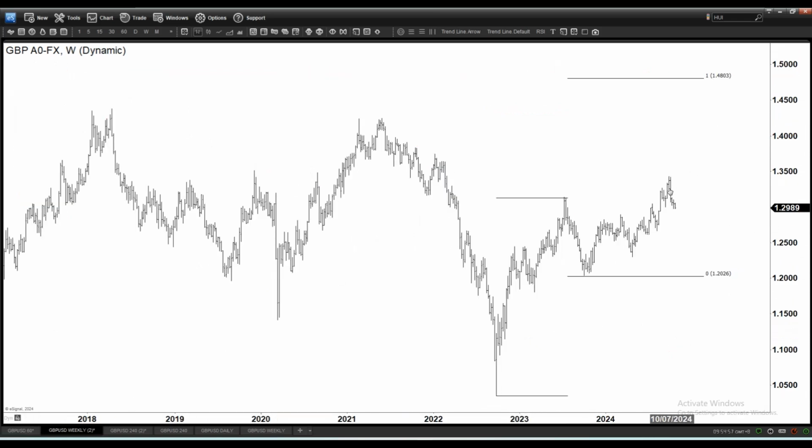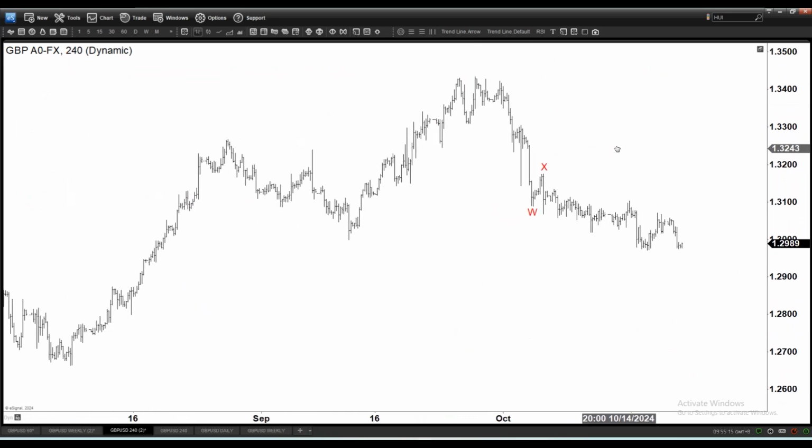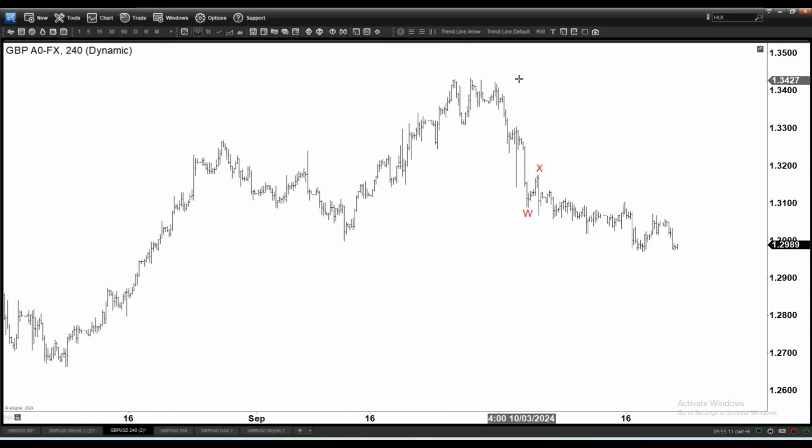And so what sort of possible target can we expect during this move down then, if we assume we can continue to go down? Now if we take a look at the 4 hour time frame and basically focus on this WX, which is what we think is the primary connector here, this WXY. Now to be very honest, this structure here, the move down in the pound USD, is not entirely very clear. Now this is not the best connector, because the best connector always has the biggest swing like this. That will be a lower low that has a big swing like this, but in this case it's very shallow,